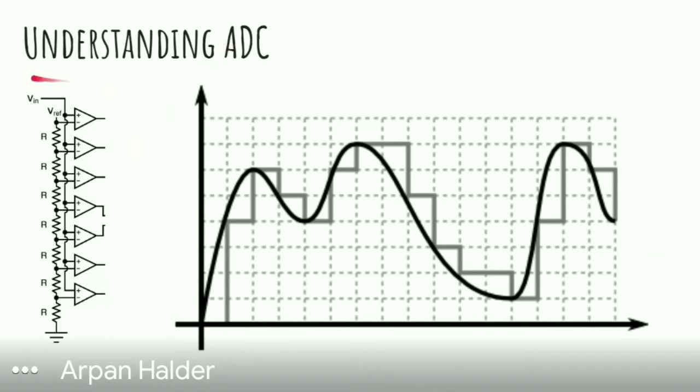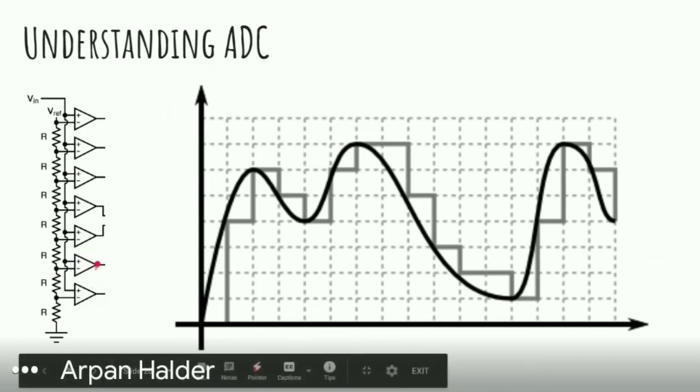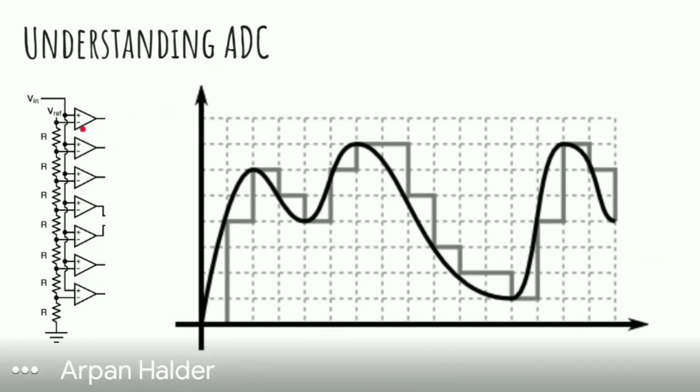One kind of ADC is simply a series of comparators. A comparator is basically a component that takes two voltage inputs, and when the one that is connected to the plus terminal of the comparator is high, it gives an output of 1. And if the voltage input in the plus terminal is not high, then it gives